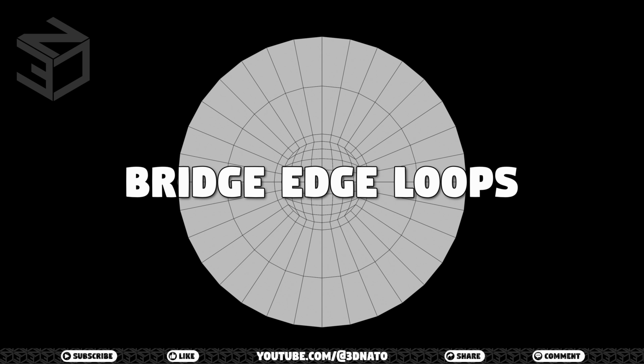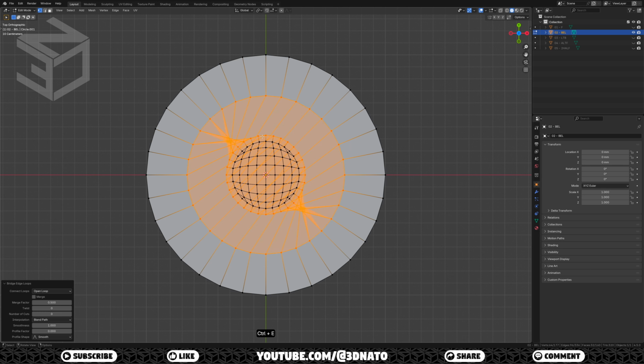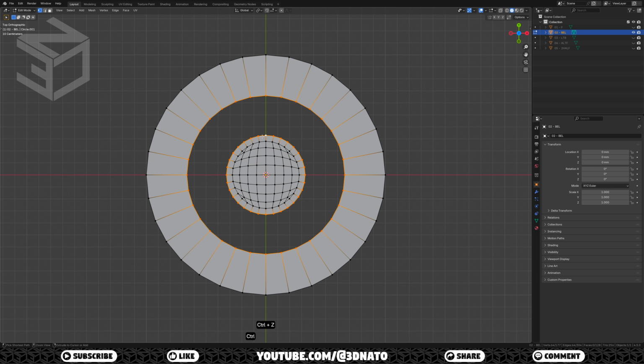Bridge edge loops. This one is a lot faster than the previous one. Select both loops, press Ctrl+E, and select Bridge edge loops. Notice that sometimes you'll get this problem where Blender connects the wrong vertices together. This problem is caused by different face orientations in the mesh, and I did it on purpose to show you